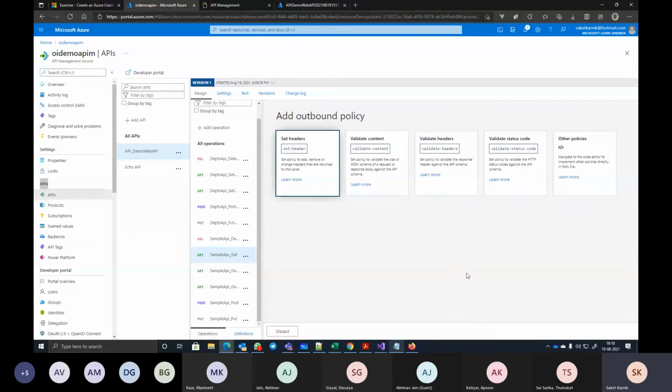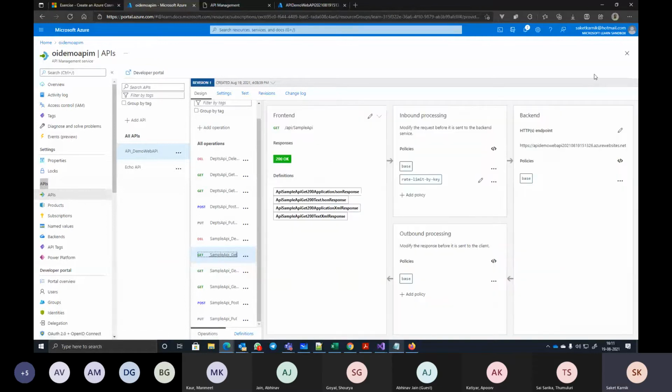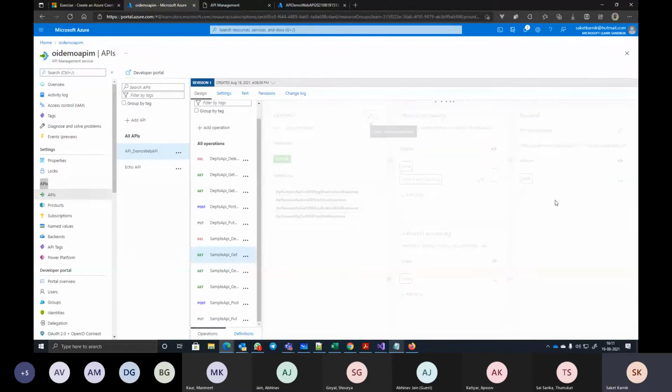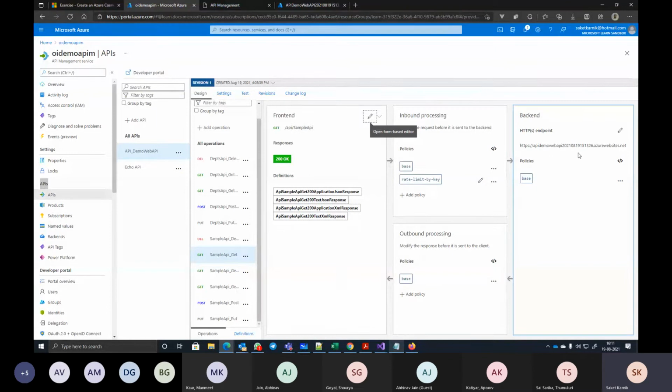And then there is outbound policy also. What I want to send back, I can override the output coming back also. Any header returned by this API, which may have a reference to this particular endpoint, can be overridden and changed to something else, maybe something specific to API management itself.